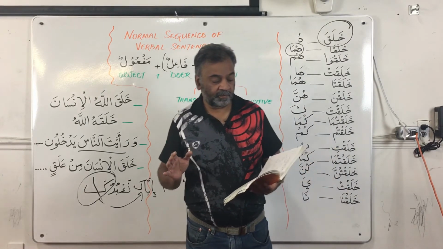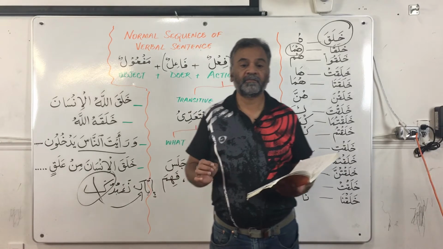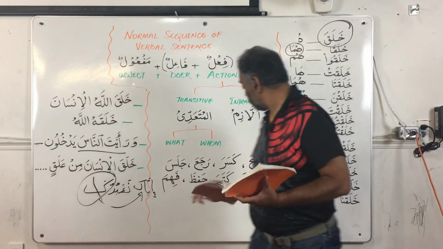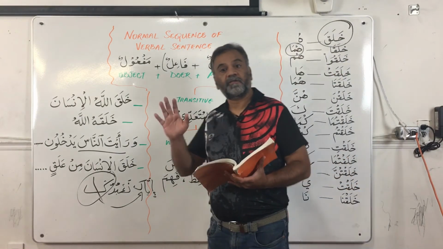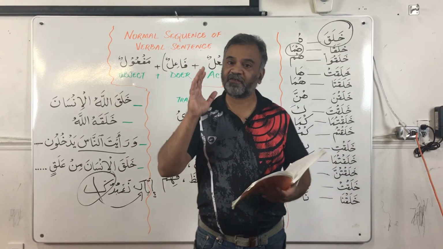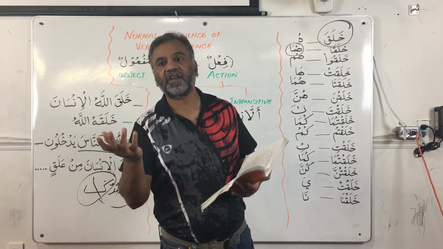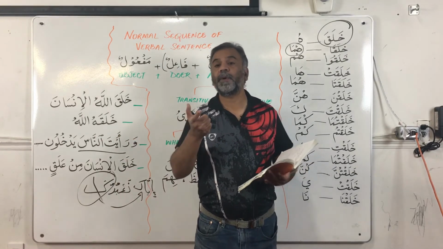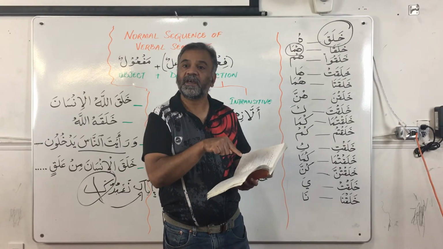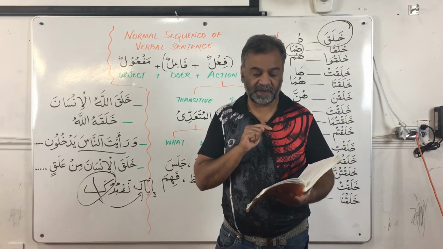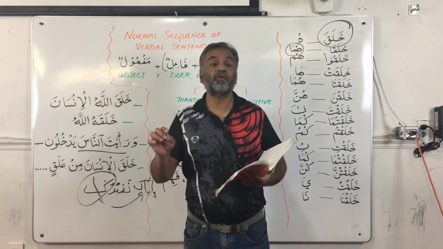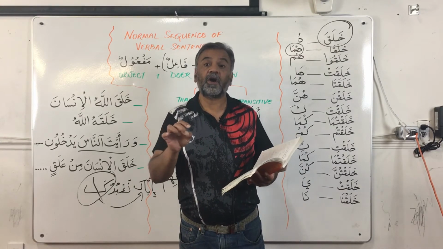Ad-darsul khamisu, lesson number 5. Al-mudarris, the teacher, said, man fataha bab al-fasli. Okay, fataha. First in this sentence the verb comes. So step number 1, is it transitive or intransitive? It is transitive, al-mutaaddi, right? So who opened what? Baba. You see how Baba is mansoob here? So this is my maf'ul. Bab al fasli, it is mudaf, and al fasli is your mudaf alayh. So who opened the door of the class?